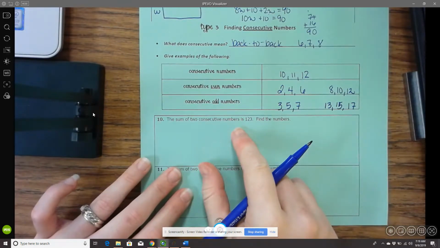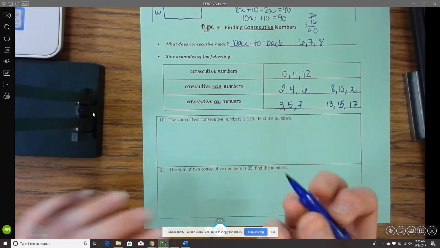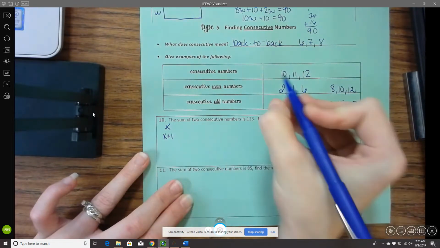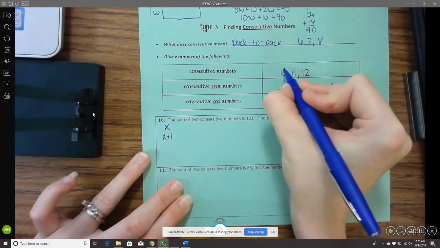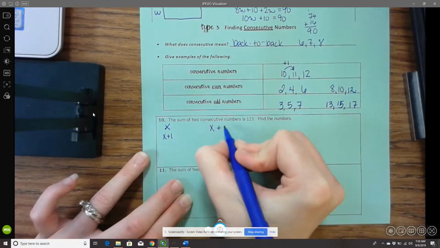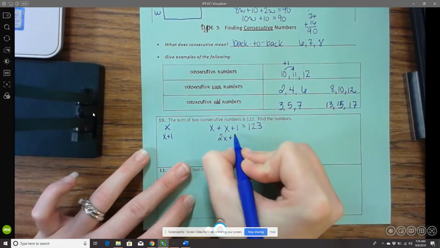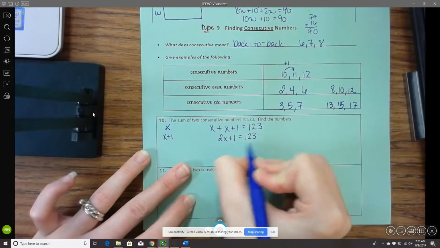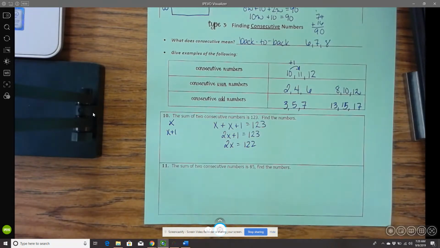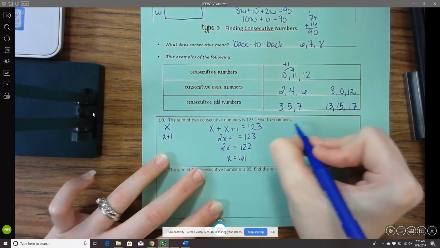So the sum of two consecutive numbers is 123. Find the numbers. Okay, so I've got two numbers and they're going to be consecutive. So my first number would be x, and then my second number is going to be x plus 1, because all we do to find a consecutive number is we've just added 1. So the sum of these, x plus x plus 1, is going to equal 123. So if we combine like terms, and then we solve, so subtract 1 from both sides. And so here, 122 divided by 2, x is going to equal 61, which means my consecutive numbers would be